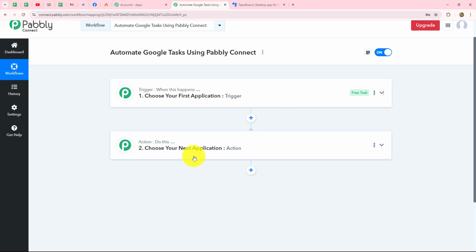So after understanding the whole concept of trigger and action, let us quickly start connecting Google Tasks with Pabbly Connect. Before moving forward, I have to tell you one more important thing: you can use Google Tasks inside Pabbly Connect both ways. If you want that on the happening of a specific event inside Google Tasks, you want to share that response automatically